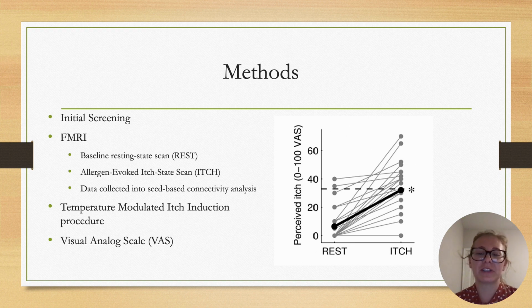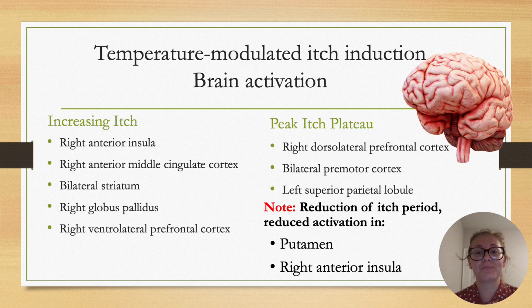But also, in addition, a visual analog scale was performed following the itch induction procedure to test the individual's perception of itch. So the temperature modulated itch induction procedure aided in measuring the brain activation of itch sensation, simply explained as a prick allergen test that includes cooling and heating sensations. And this test aided in viewing the different brain regions that activated during increased itch, peak itch plateau, and the